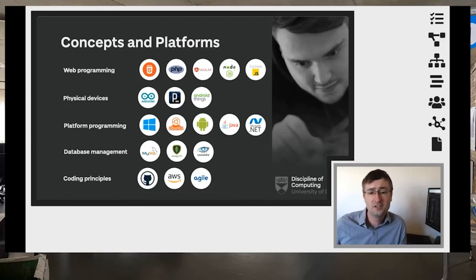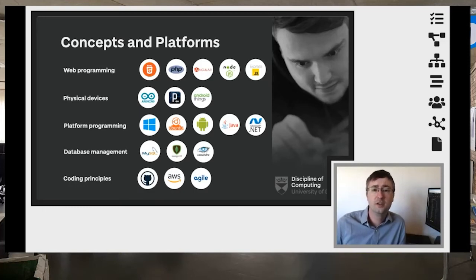And on top of this, we aren't just going to let you free to do all of this. We're going to provide you with the skills to be able to understand how teams of people fit together. We're going to be using platforms like GitHub, AWS, and Agile technologies as a way to get you to understand more about how you can work as part of a highly functioning web development team. So how you can work with others and fit in well to any company that you decide to work with afterwards. And this is really core to what we're trying to do.